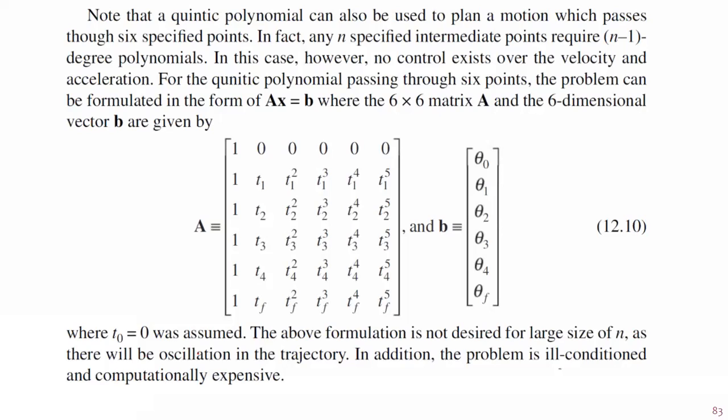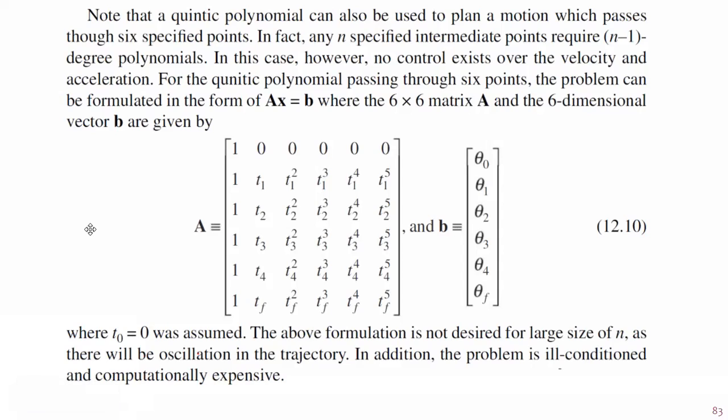6 by 6 matrix A and the 6-dimensional vector b are given by A is equal to 1 0 0 0 0 0, 1 t1 t1 square t1 cube t1 raised to 4 t1 raised to 5, 1 t2 t2 square t2 cube t2 raised to 4 t2 raised to 5, 1 t3 t3 square t3 cube t3 raised to 4 t3 raised to 5, 1 t4 t4 square t4 cube t4 raised to 4 t4 raised to 5, 1 tf tf square tf cube tf raised to 4 tf raised to 5, and b is equal to theta naught, theta 1, theta 2, theta 3, theta 4, theta f,